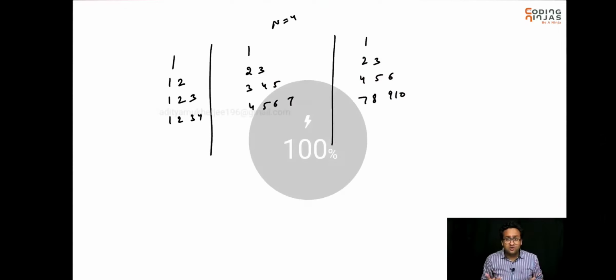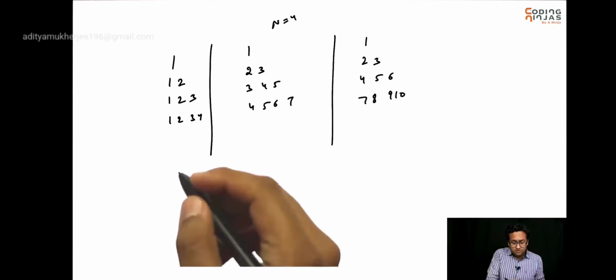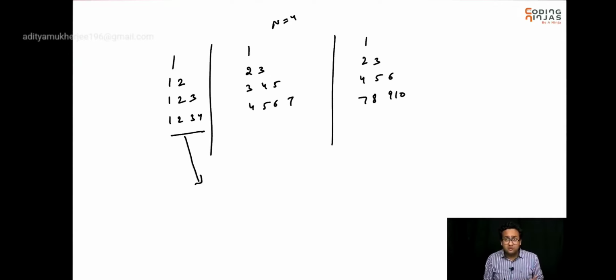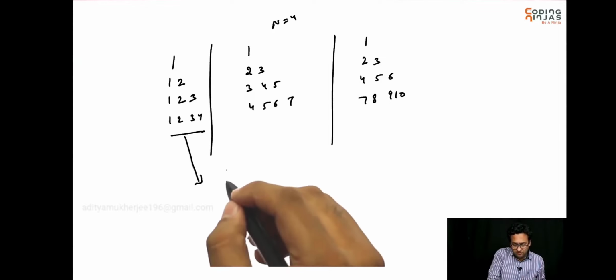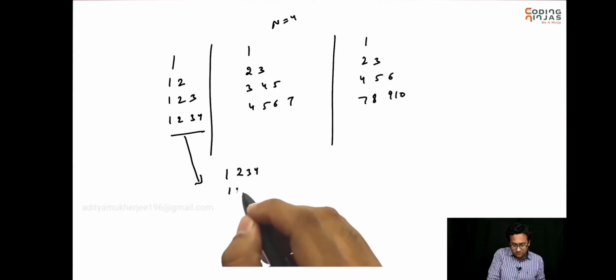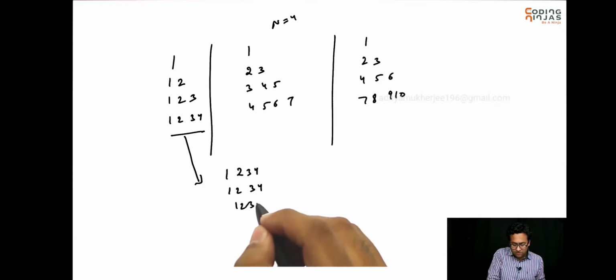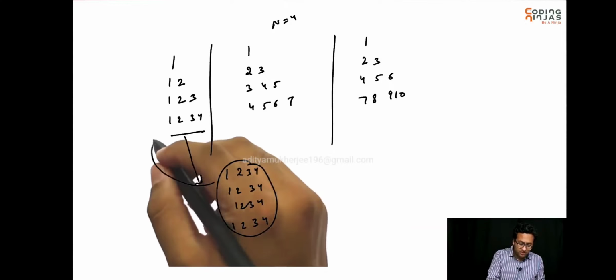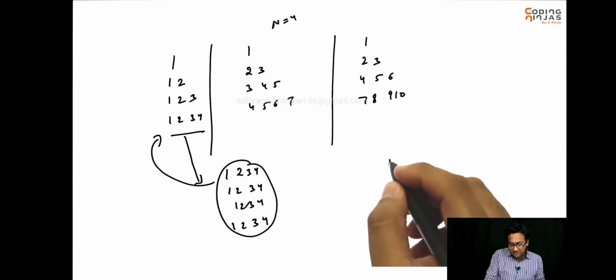And I hope you can guess what will happen for n is equal to 3 or n is equal to 5, right? So this is something that we have solved, a pattern which is very similar to this. The pattern which we solved which was very similar to this was this one. So we have already worked upon this one. So the only thing that has changed from this pattern going here, we still have n rows,